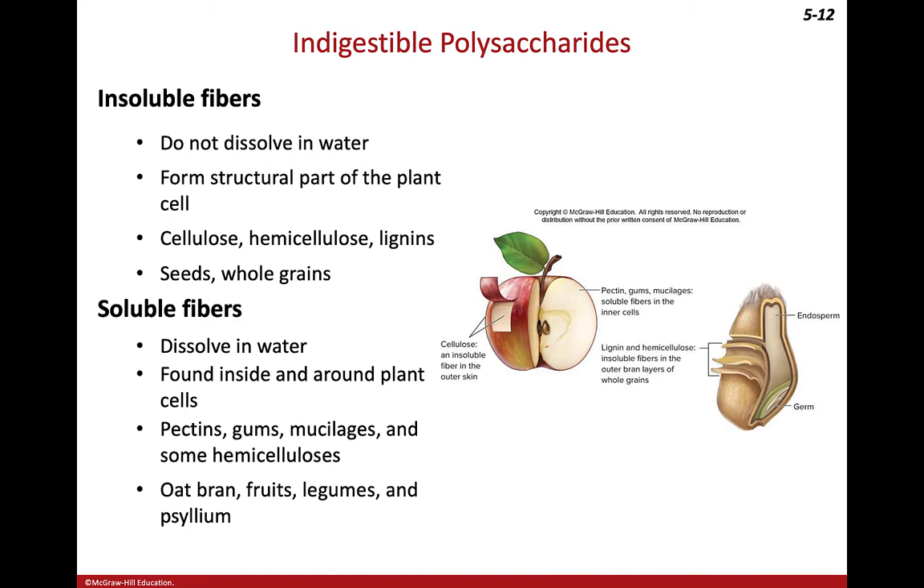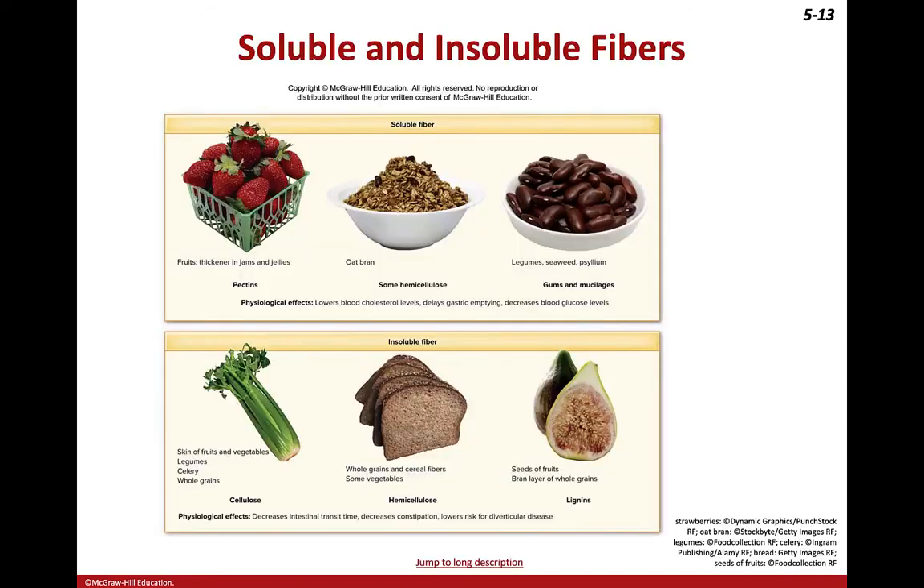So this is soluble fiber. You should be able to provide examples of insoluble versus soluble overall. Now here on the top panel, we're looking at soluble fiber and some common examples. They're showing strawberries here, but note what they're talking about: the thickener in jams and jellies, the pectin. If we look at oat bran, if we look at legumes, these are some really good examples